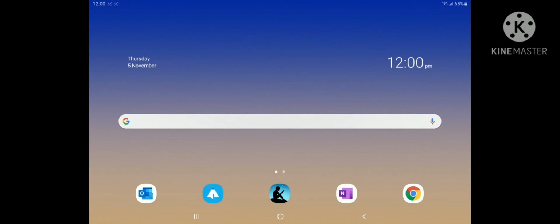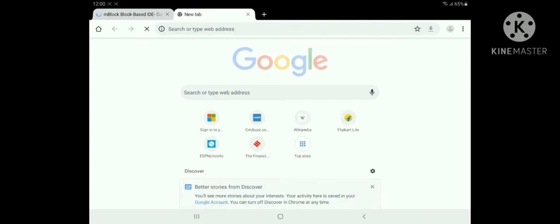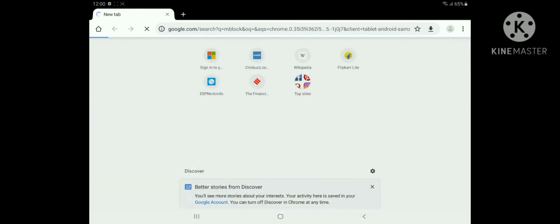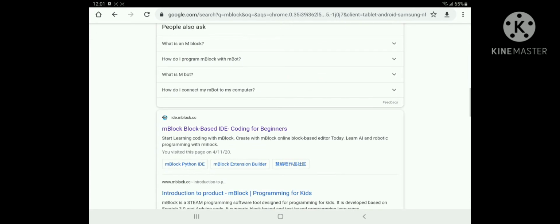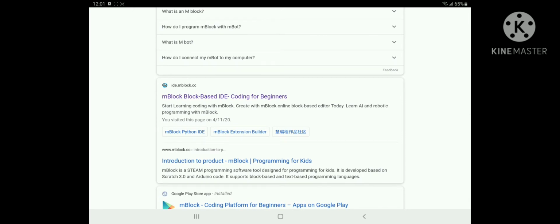So first you have to open Chrome, or any of your favorite browser. In Chrome you have to search for Mlock. So in Mlock you can search like this, IDE Mlock.